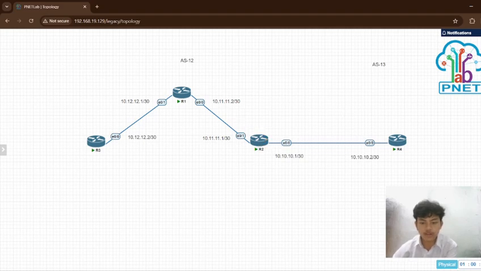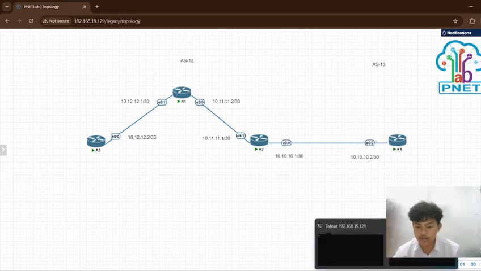Okay, first I will configure the IP addresses on router 1.